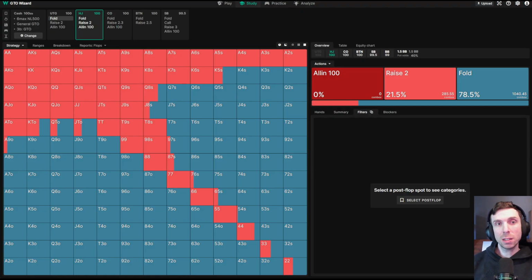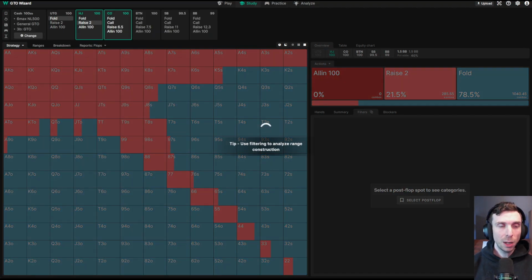There is very little EV gain for using these sizings compared to just using a 2.5x across the board, which is what a lot of people do. So using 2.5x is also very viable. You can even go as high as 2.7, 2.8. I've seen some players use 3 in early position. I don't really think that's optimal, but you can get away with it if you play that range well and you tighten up. So we're going to use the small min raise